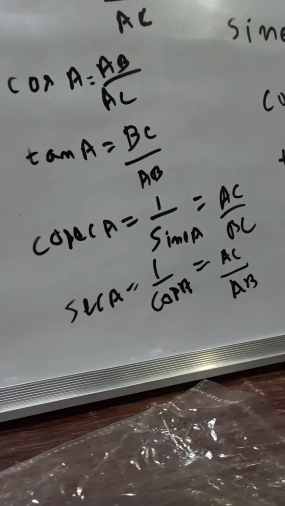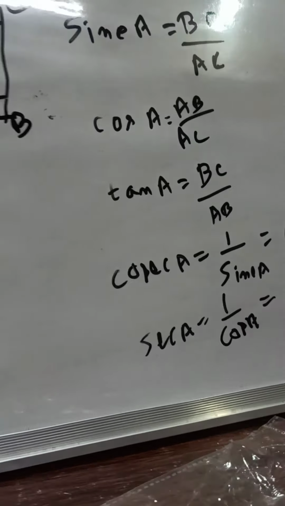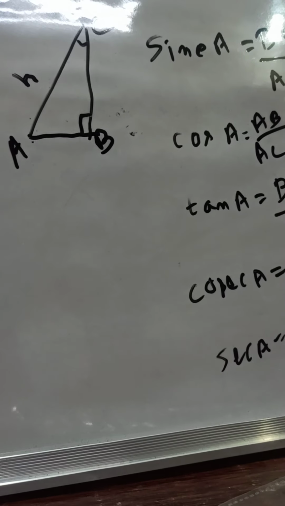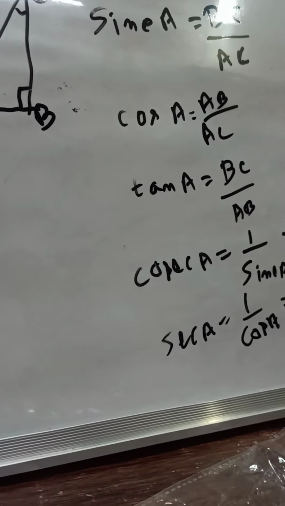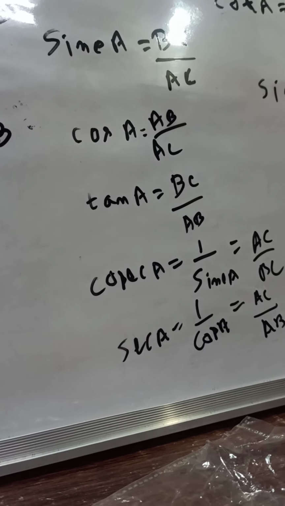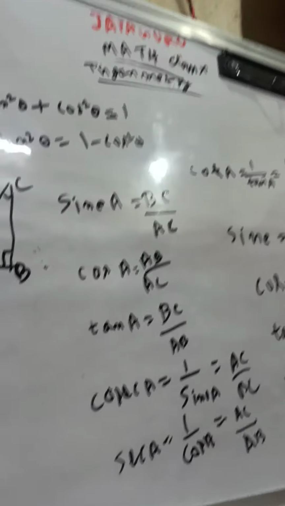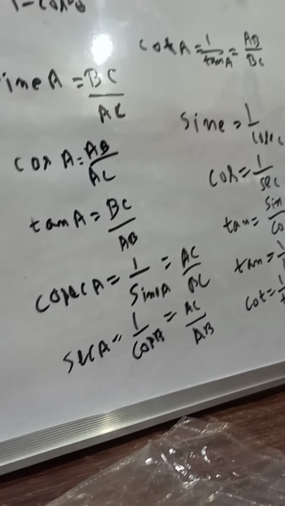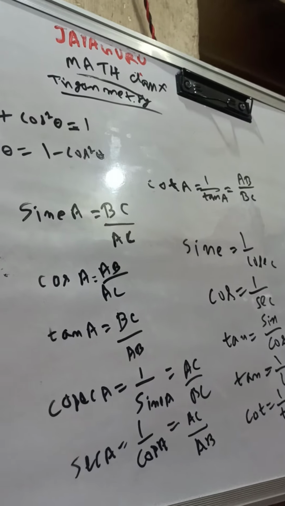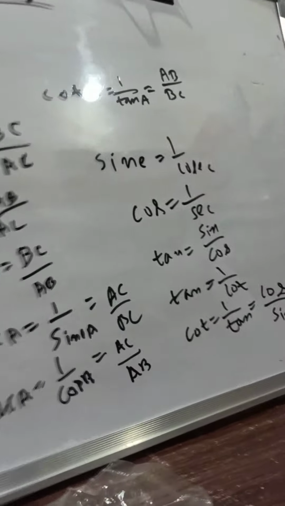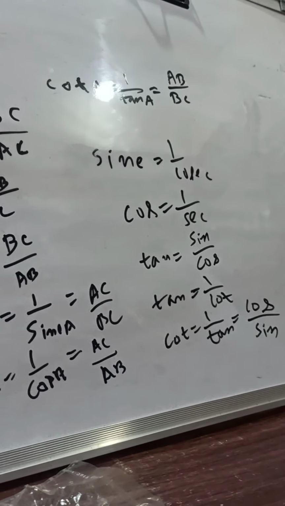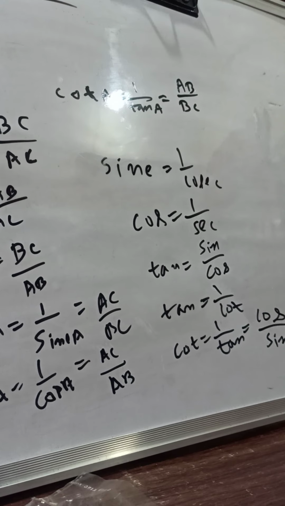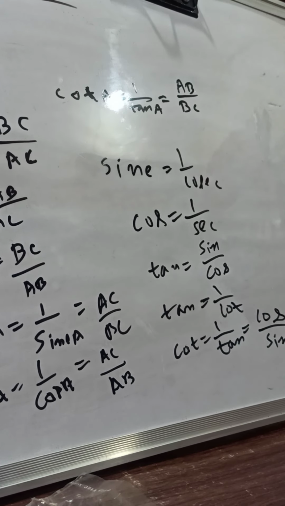These formulas you just write it. From the triangle, see the triangle A, B, C. B is right angle, C is theta, angle opposite A. Then these are things: sin is equal to BC by AC, cos is equal to AB by AC, tan will be BC by AB. This one, just see it and remember. Okay, if in doubt you can ask or comment. Now I will move on to next thing. Just see it carefully.